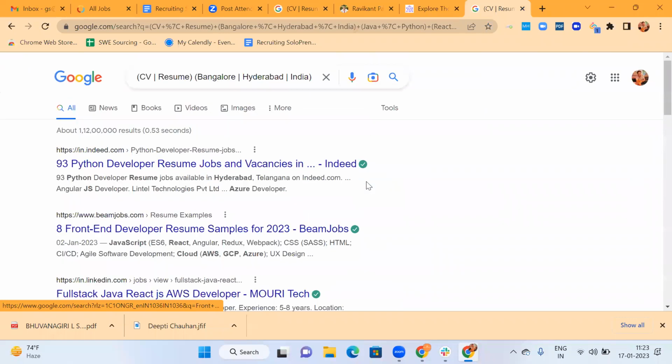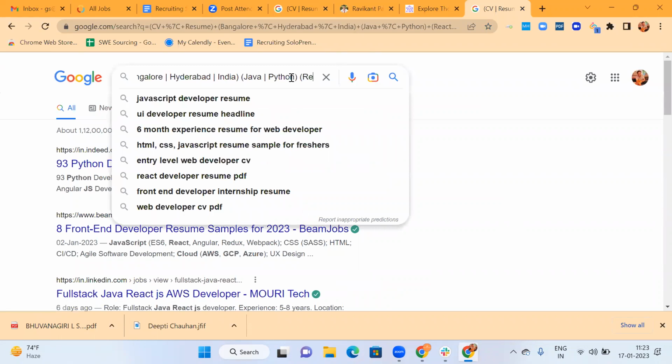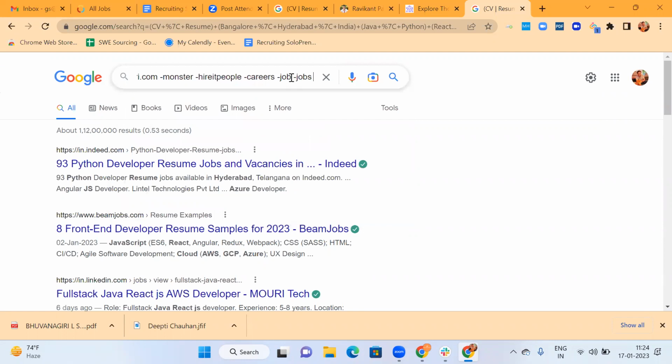No, now we are not able to see them. So we'll remove jobs also. Minus Naukri, minus Monster, minus Hire IT people, minus career, minus jobs, minus sample.